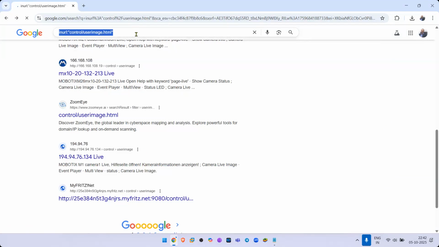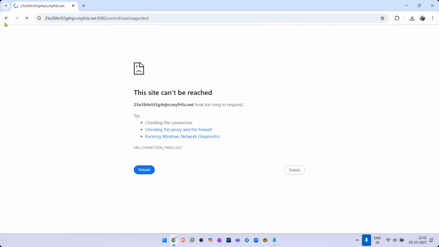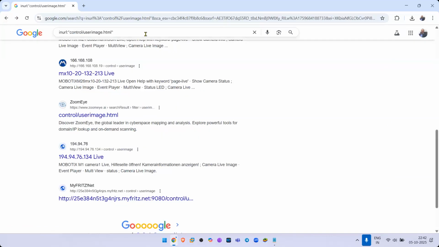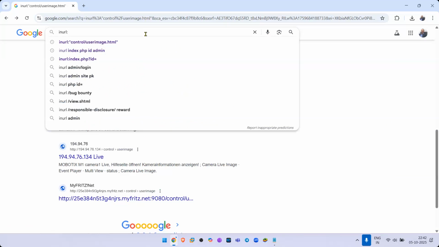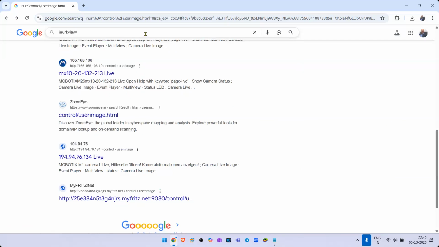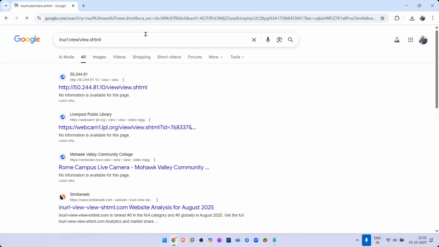So I just demonstrated how we can have live hacking of your cameras. I'm just going back and not wasting too much time on that. So, in URL colon view slash view dot shtml. Another list of, oh, that's Liverpool Public Library.